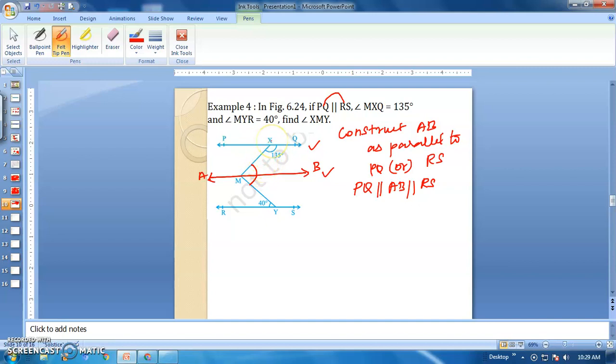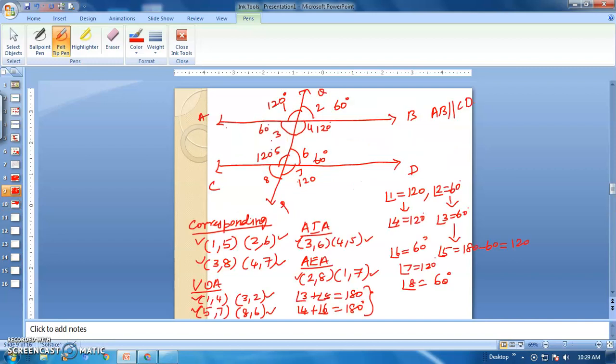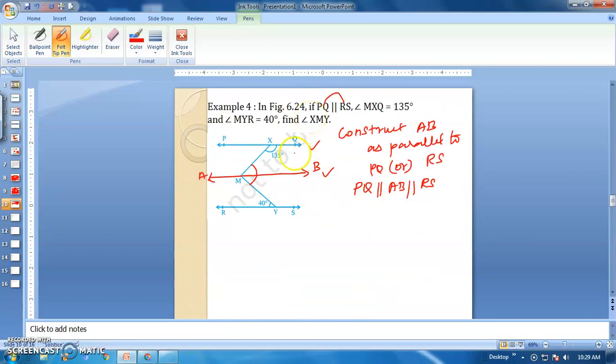Because in the last video, that is the last slide, we have seen the sum of the 3 and 5 equal to 180 degrees, because they are lying inside the parallel lines on the same side of the transversal. Similarly, the sum of these two angles is also 180 degrees. In the similar way, here these are parallel lines, so this angle and this 135 sum to 180 degrees. It is an unknown value, let us keep this as x. Therefore x plus 135 degrees equal to 180.